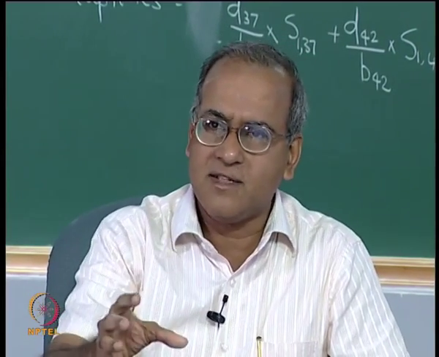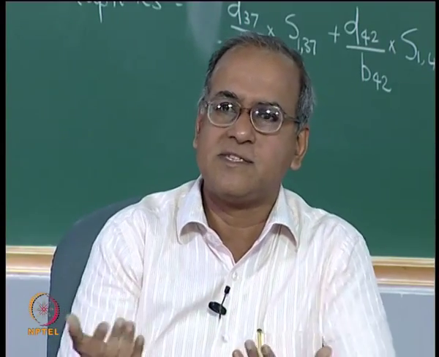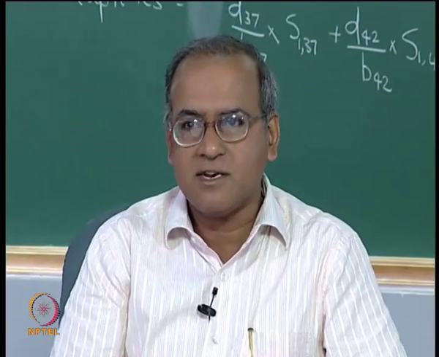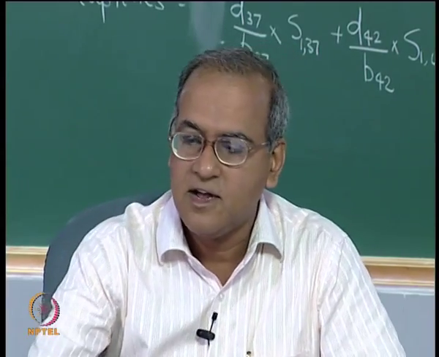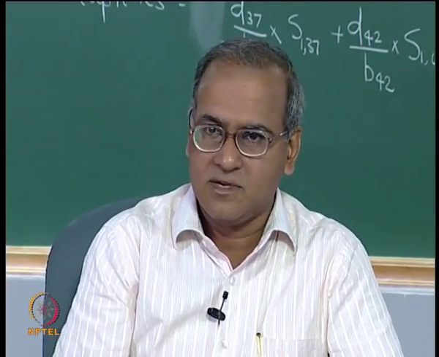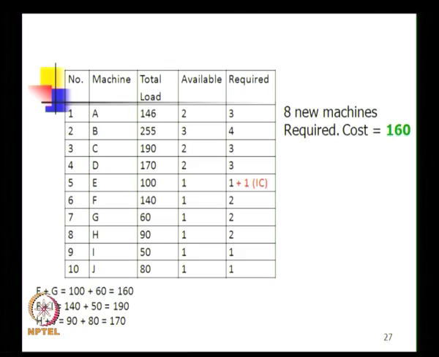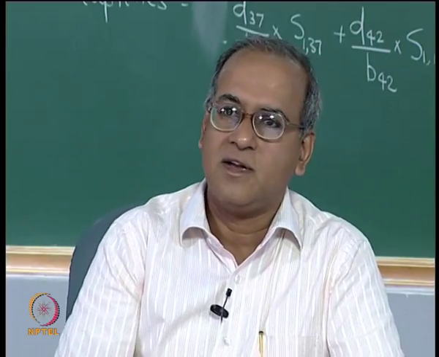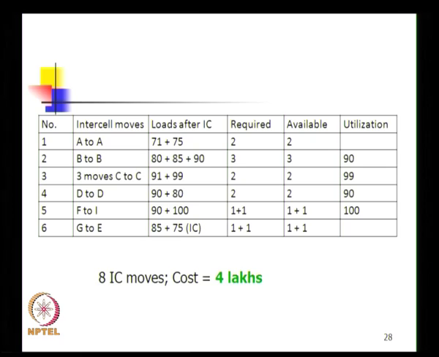Now let us assume that this is an illustrative example which is going to bring out some interesting things by comparing these two. So let us assume that this 50,000 is going to be compared with 20 lakhs, and then on the face of it, a solution with 8 inter-cell moves and a cost of 4 lakhs is certainly more desirable than 8 new machines with a cost of 160 lakhs. So purely from a cost point of view, creating inter-cell moves is cheaper and advantageous,